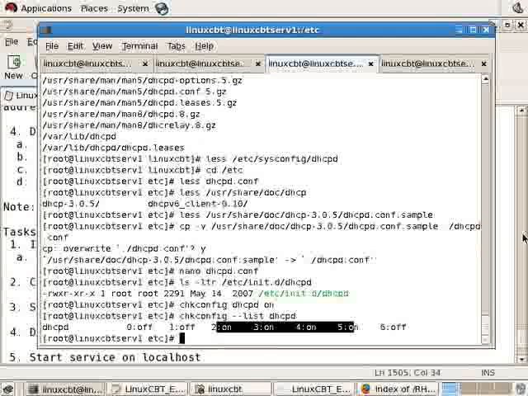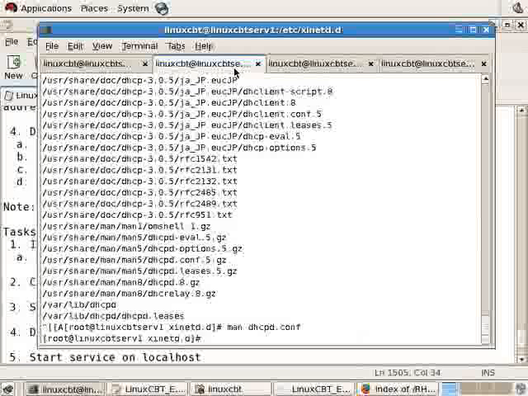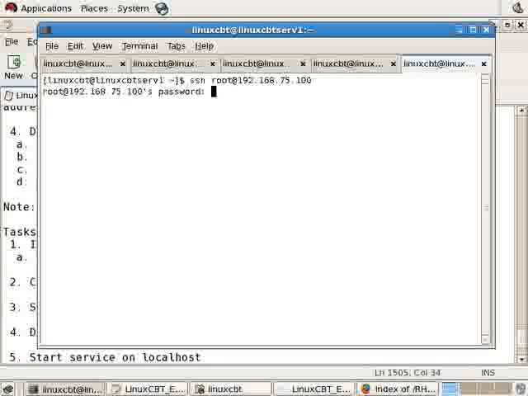And if we connect to the remote system, the 100 box, let's find a free shell here to be able to connect to it. We'll Control-Shift-T to open a new one. Then SSH to 192.168.75.100. And since it's a SUSE box, we'll rcdhcpd